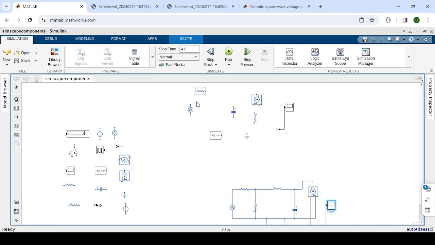So we have all our components. We have a resistor, we have an inductor here, we have a capacitor, we have our standard solver configuration, we also have our electrical reference, we have our oscilloscope, our PS to Simulink converter. So let's start connecting. Connect this to this, connect this to this, this to this,